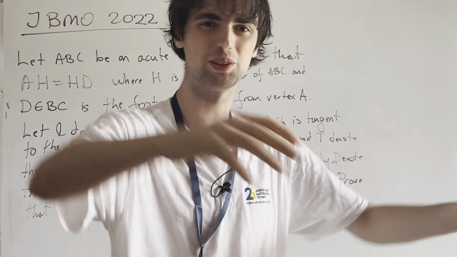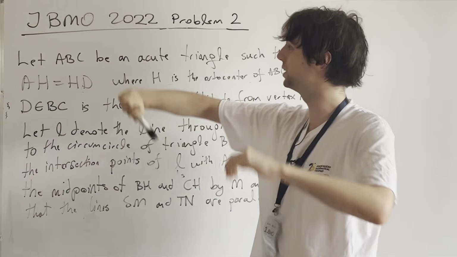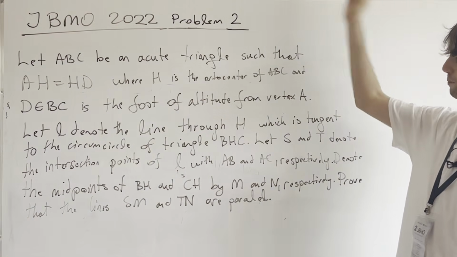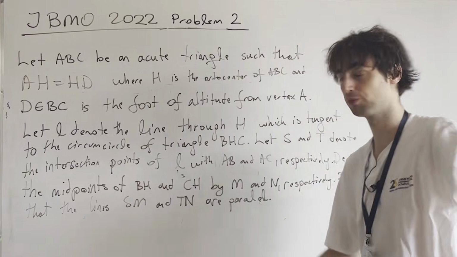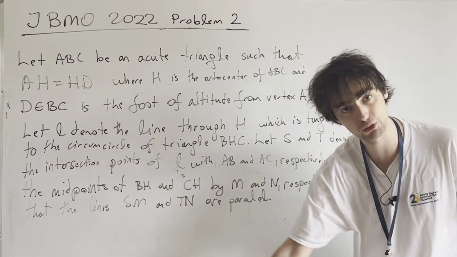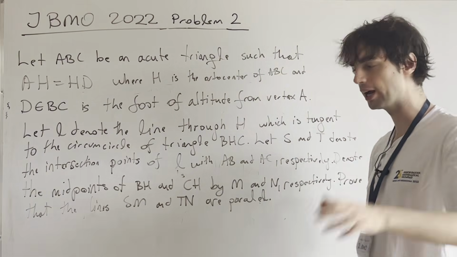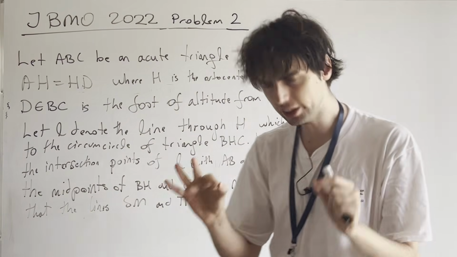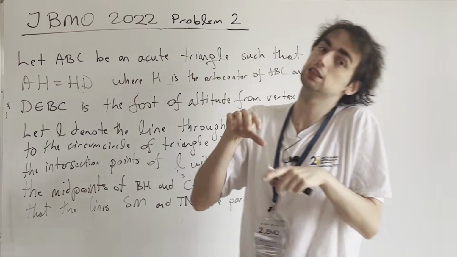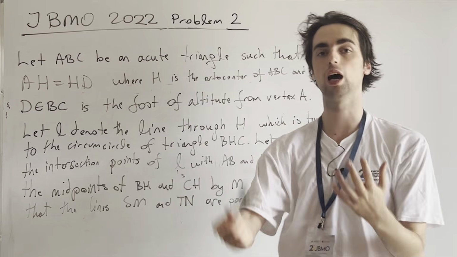Hello fellow problem solvers. So today we're going to be doing a problem from the 2022 Junior Balkan Math Olympiad, problem number 2. I was a coordinator on this Junior Balkan Math Olympiad on problem number 4, not on problem number 2, but it's a nice geometry problem that I suggest you can try out for a minimum of 20 to 30 minutes. And it is especially good if you're okay with some basics in geometry you've done,